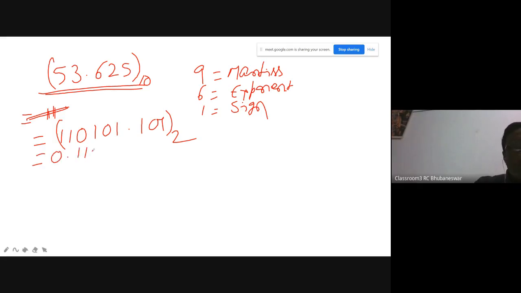This will be represented in the form of mantissa and exponent. So 0.110101101 into... Because in the floating point exponent, you have to represent each number in the form of mantissa and exponent, na? So 1.110101101 into,